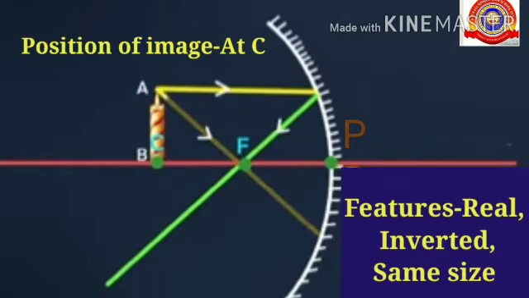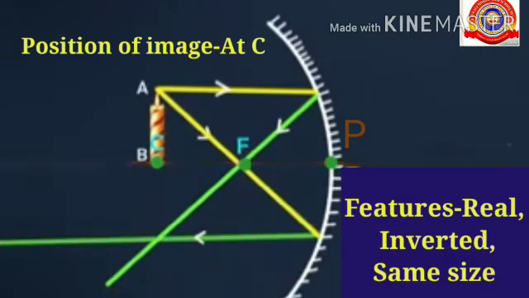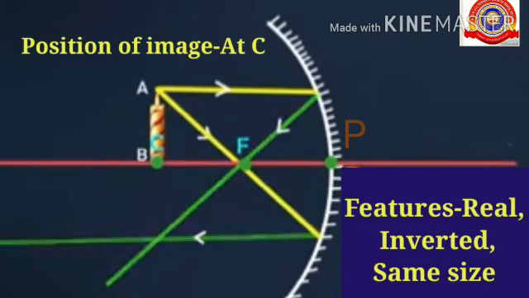The second ray goes through the principal focus, and after reflection it goes parallel to the principal axis, and the light rays meet at the center of curvature itself. That means the position of the image is at C,